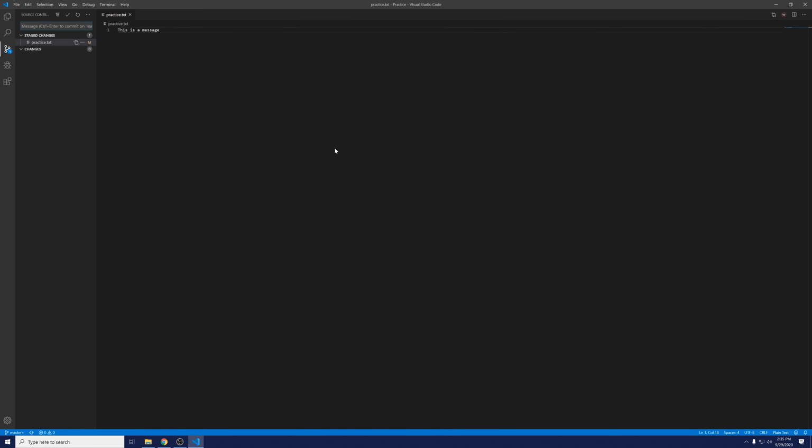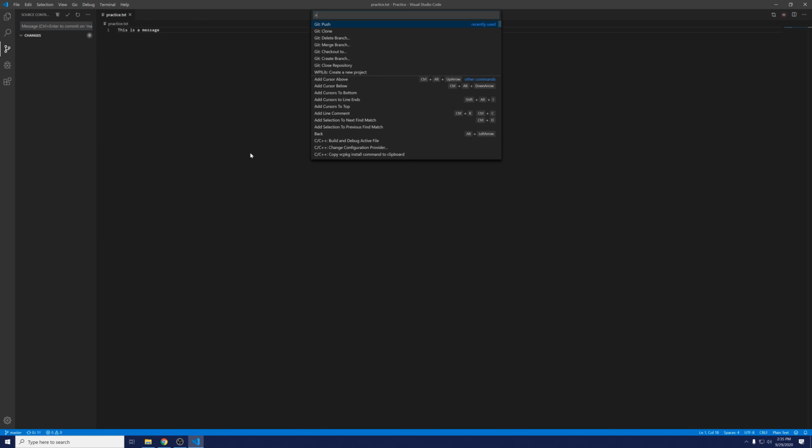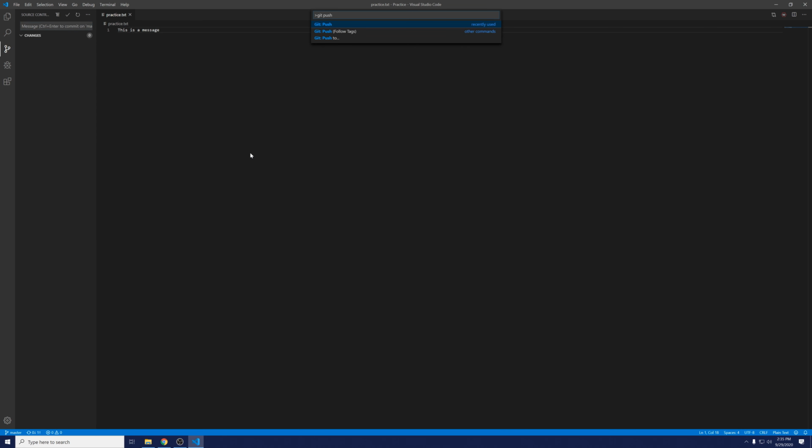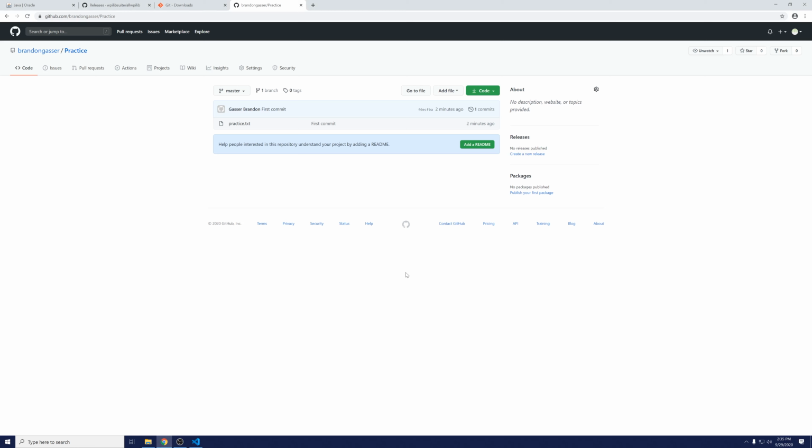And then we're going to commit it. So we're going to give it a good message, changed message. And we're going to commit it. And we're going to push. So then if we reload GitHub,